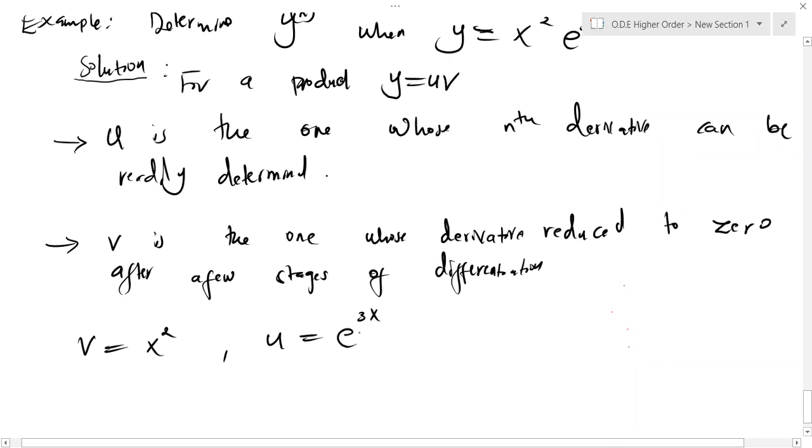Since the nth derivative of u is clearly known, we already looked at getting the nth derivatives from the general higher order powers that we were looking at initially. The nth derivative of this using the formula will obviously be 3 raised to power n exponential 3x, if you can remember. Okay, fine. So using Leibniz theorem, that is equation 13,